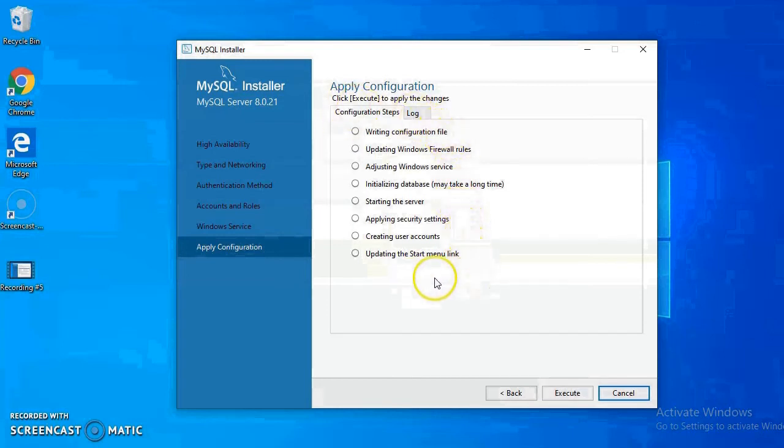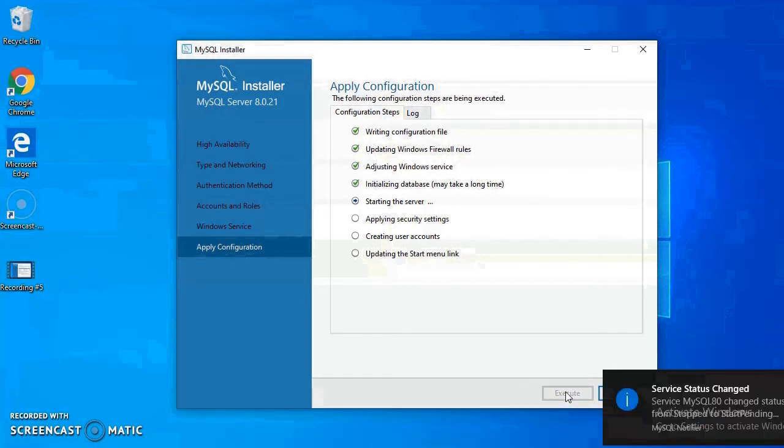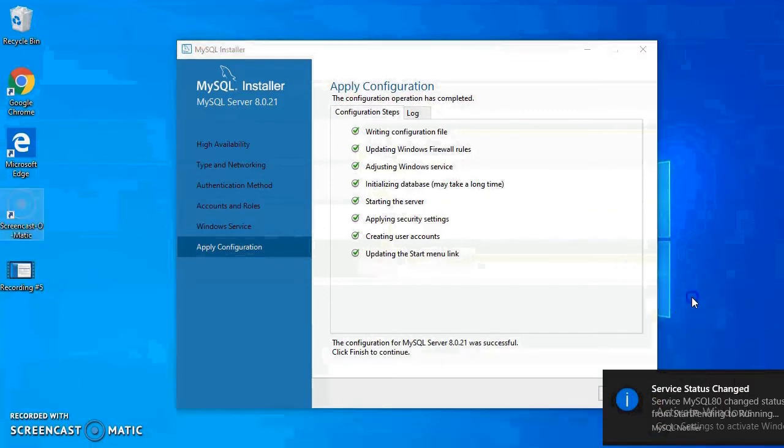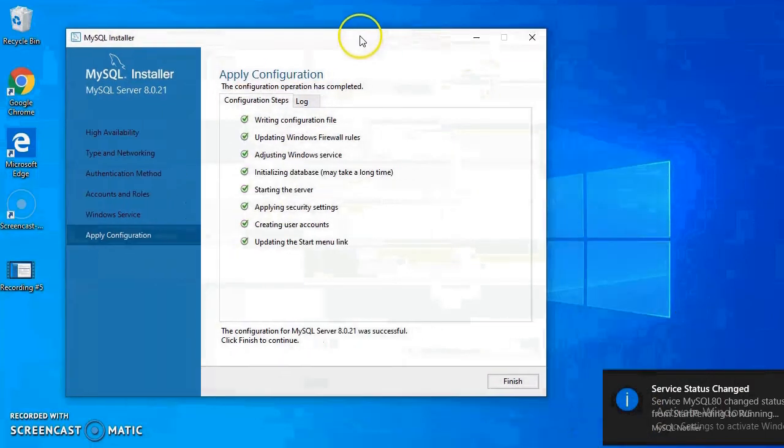We apply all the configurations over here. When you click execute, it will apply these configurations. So we'll click on execute. It will take some time. And click on finish.